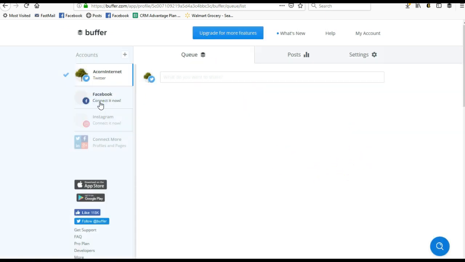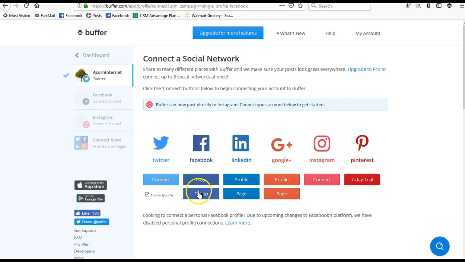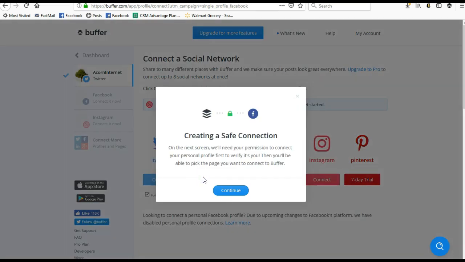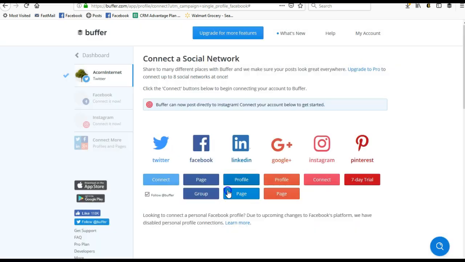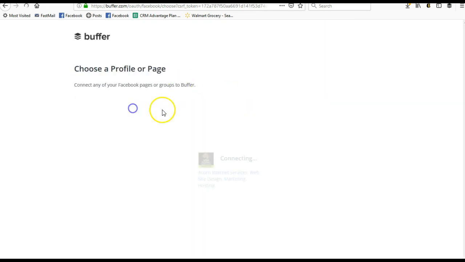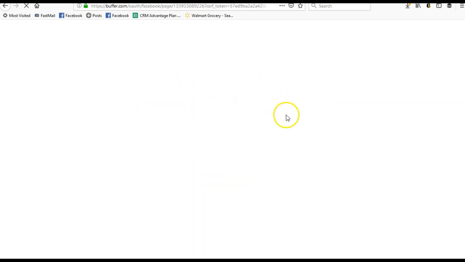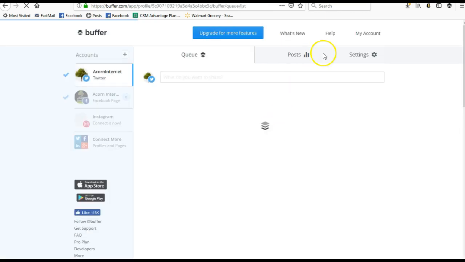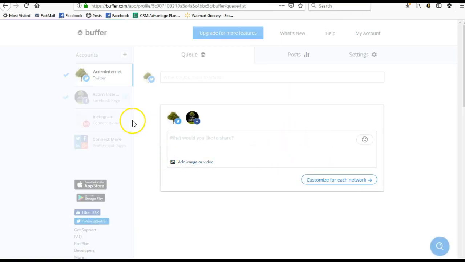Next we're going to go back and we're going to connect Facebook. So we want to connect a page, not your personal profile but your actual business page. I'm going to go ahead and connect that, tell it to continue, and then we will pick the page that we want to use. In that case, I didn't have to put in the password, it automatically connected. And then you can go on and connect more and more